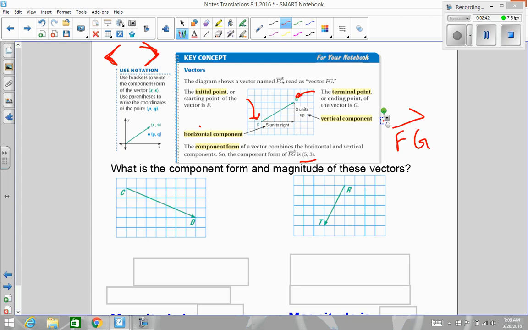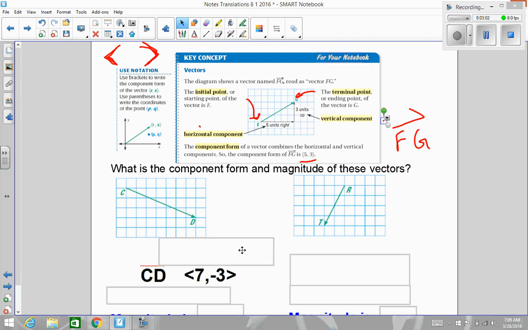All right, so if you want to pause the video and write that information down, that's great. If we look at this one down here, I'm going to do the first one, and you're going to do the second one. So this first one has a starting point of C and a terminal point of D. So this is going to be vector CD. Its component form is,